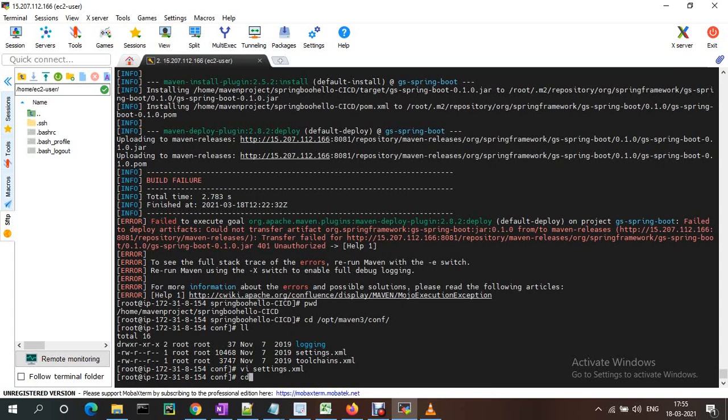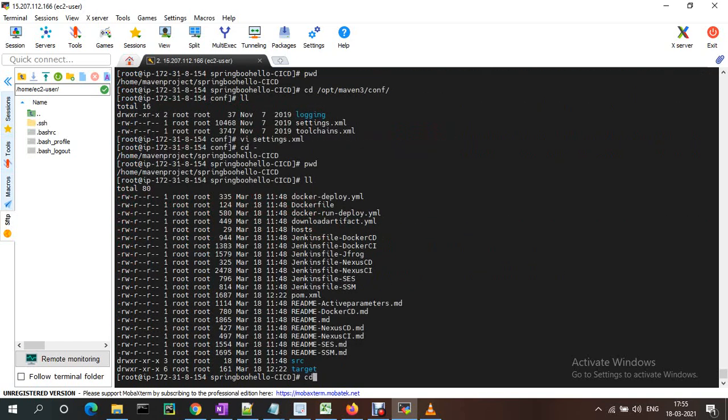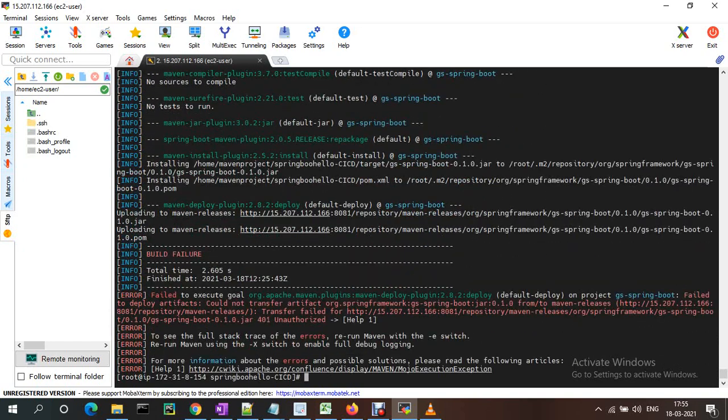So if you go back and try to do mvn deploy now, it should work. Once anything changes under Maven, we just need to restart Apache Maven. Okay, let me do that. Still it is getting unauthorized. Let me fix this issue.